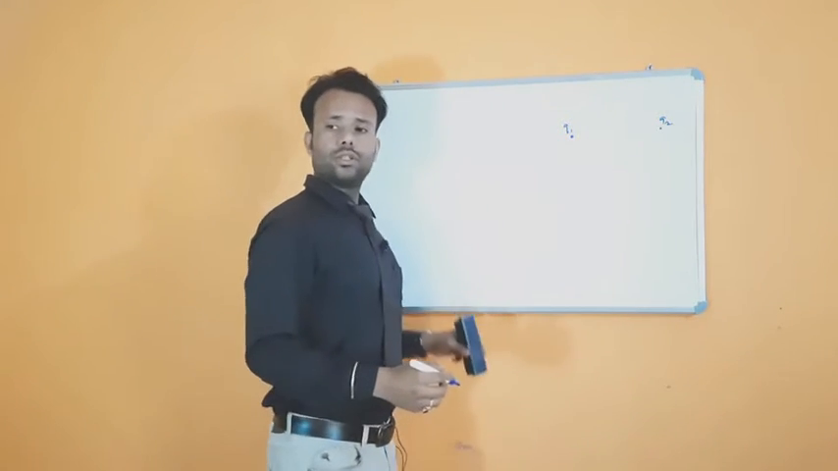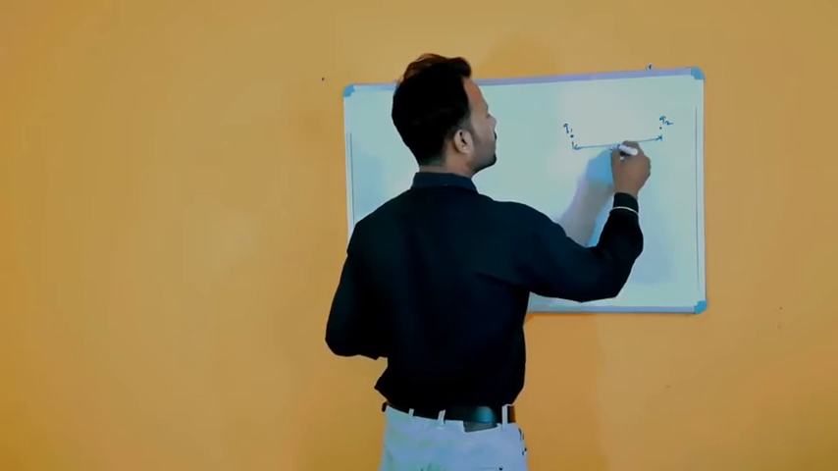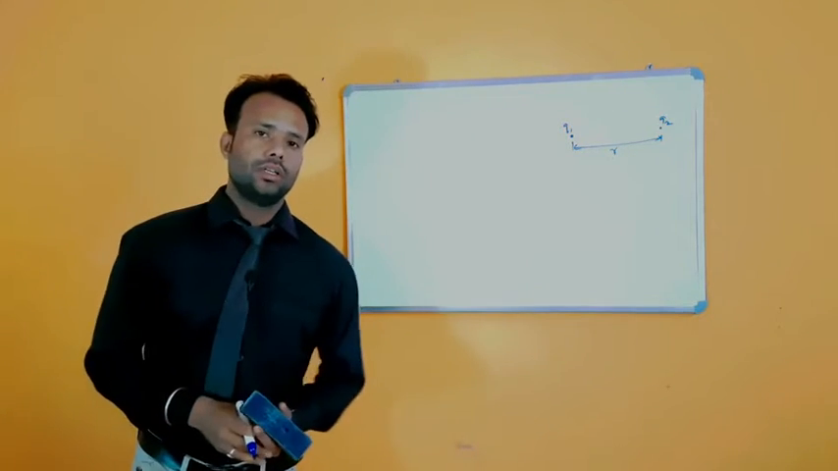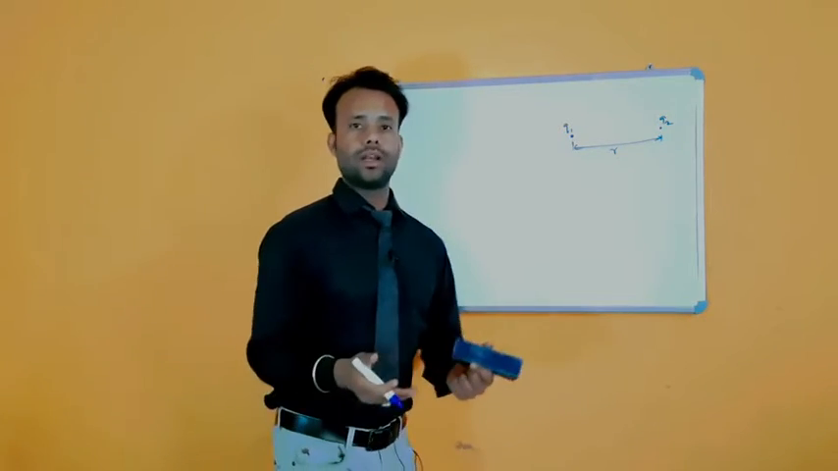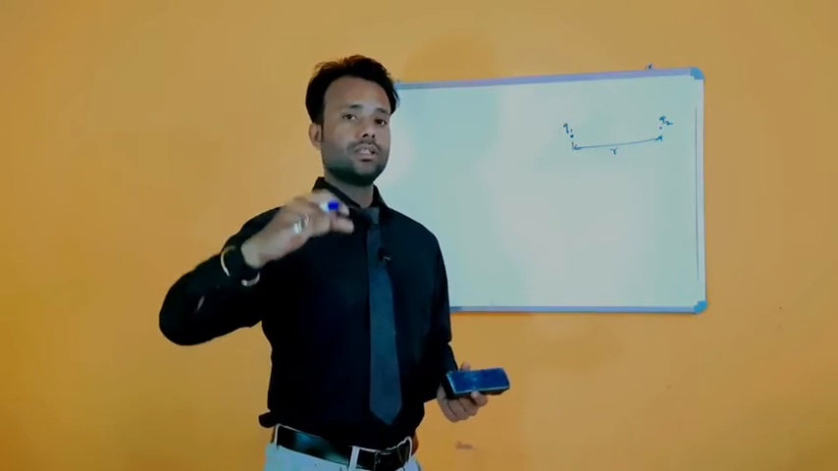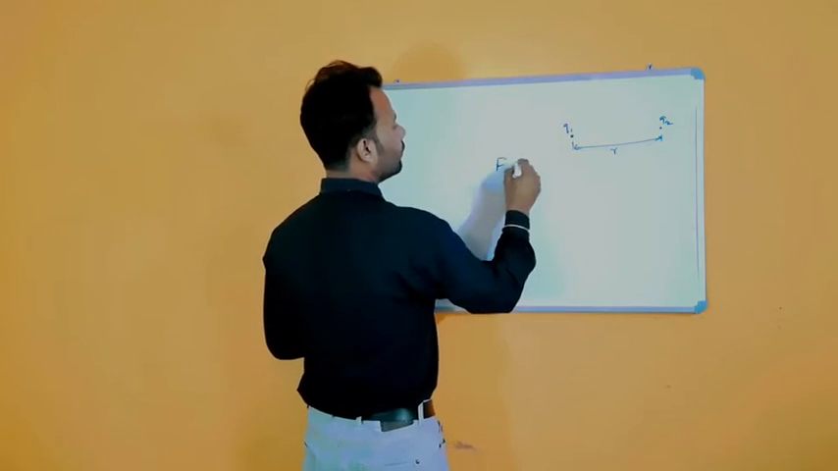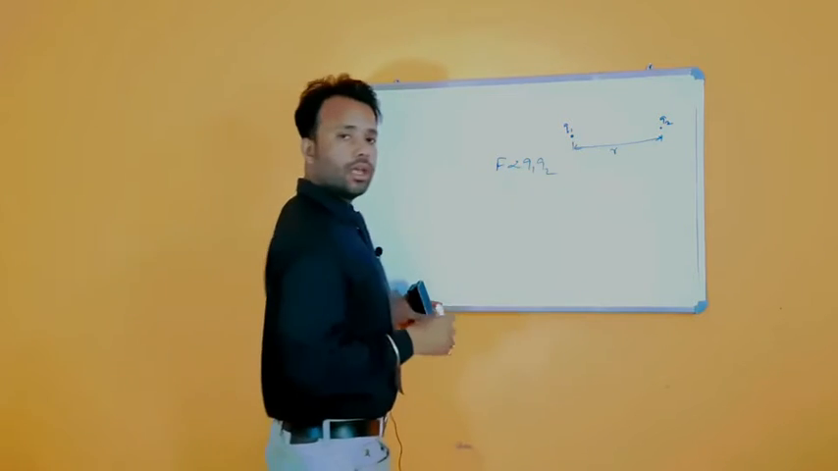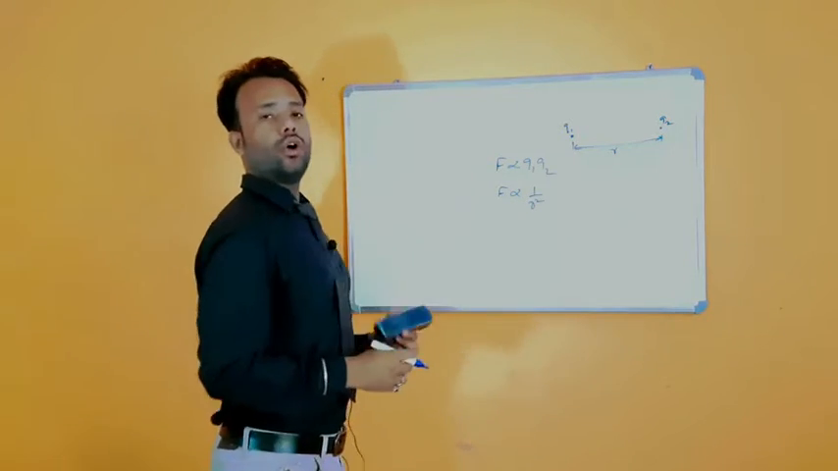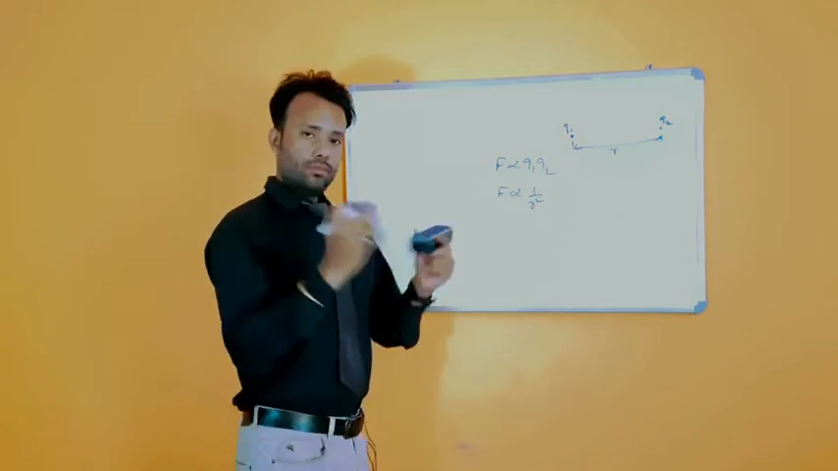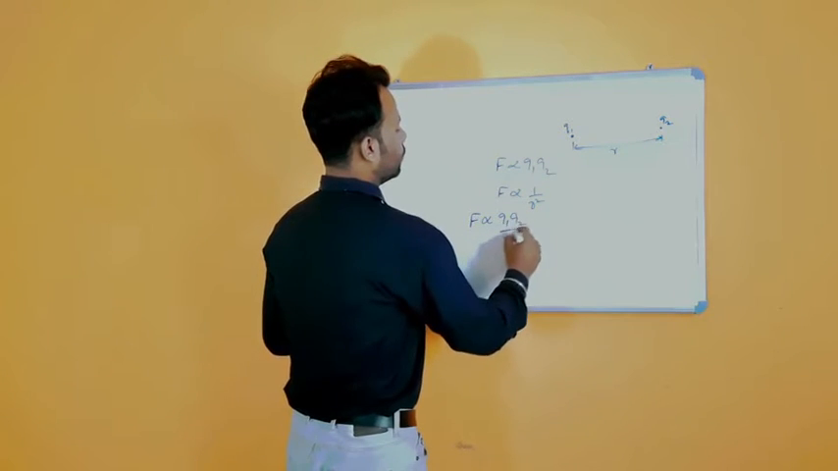Suppose we have two charges Q1 and Q2 and they are separated by a distance r, then the force of attraction or repulsion, which depends upon the nature of the charges, is proportional to the product of their charges, that is F proportional to Q1 Q2, and inversely proportional to the square of the distance between them. So if we combine both the laws, we'll get F proportional to Q1 Q2 upon R square,